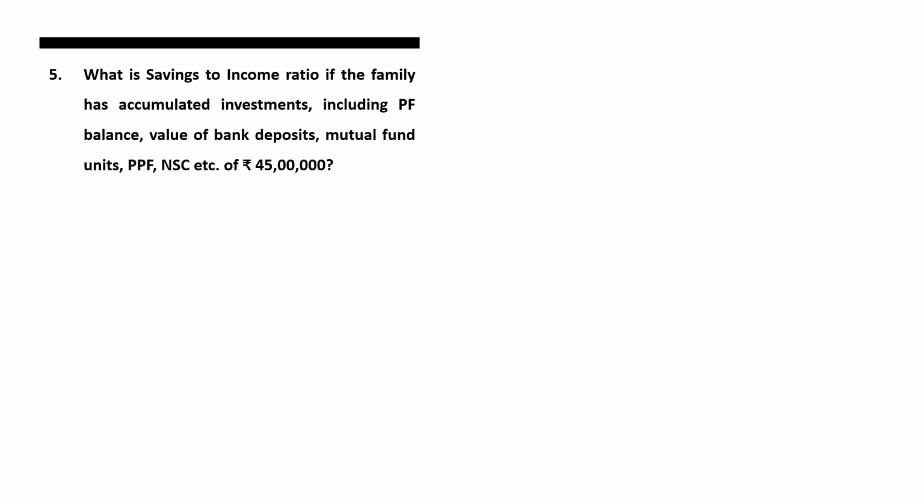Okay, moving to the last question. What is savings to income ratio if the family has accumulated investments including PF balance, value of bank deposits, mutual fund units, PPF, NSC, etc. of 45 lakh rupees? And we have four options again,